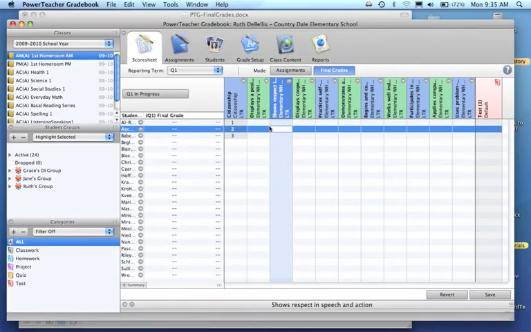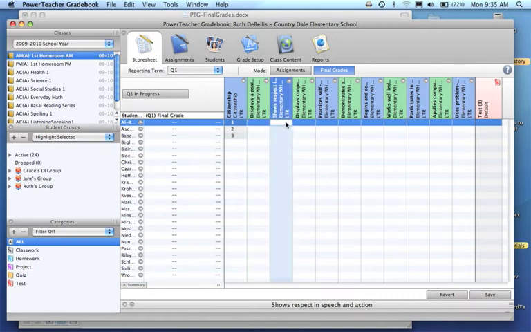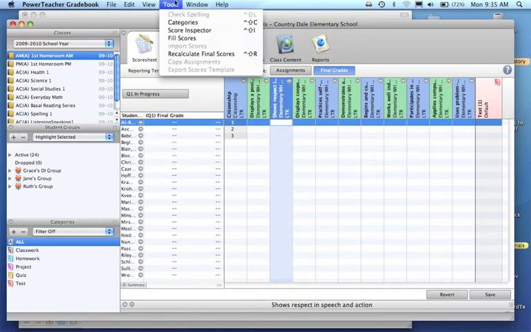Another way to fill in these marks is to do a fill score where it mass fills the column. So if it's a particular standard that you know your students are mostly all receiving the same mark or close to the same mark, and you want to mass fill it and then just fix those few, this is how you do that. You first click in a cell for that standard, and you go up to Tools,